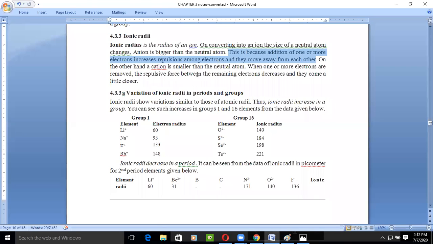But the size of the cation is smaller than the neutral atom. This happens because when one or more electrons are removed, when a cation forms and an atom donates its electron, then what will happen? The outermost shell will decrease. For example, if we talk about lithium, with configuration 1s2 2s1, lithium donates its electron. Now the outermost shell is the first shell, 1s, which is closer to the nucleus. This ultimately leads to a decrease in the atomic shell, which ultimately leads to a decrease in the